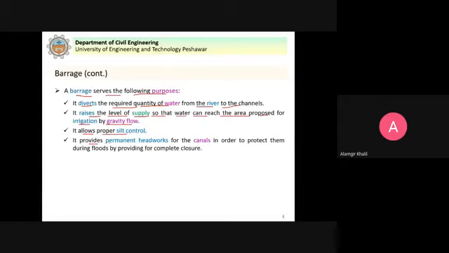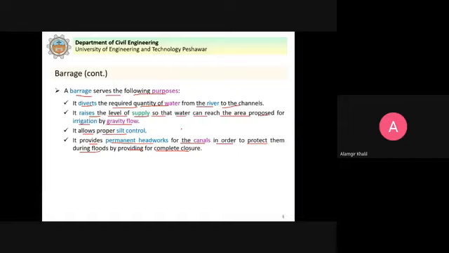It provides permanent headworks for the canals in order to protect them during floods by providing for complete closure. Because these weirs and barrages, diversion headworks, are permanent structures.